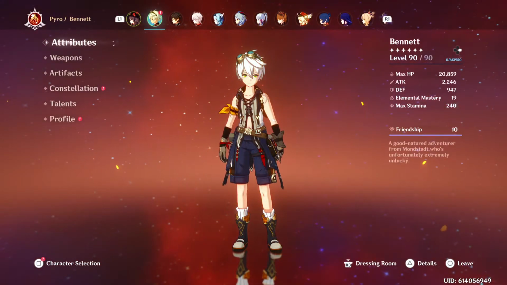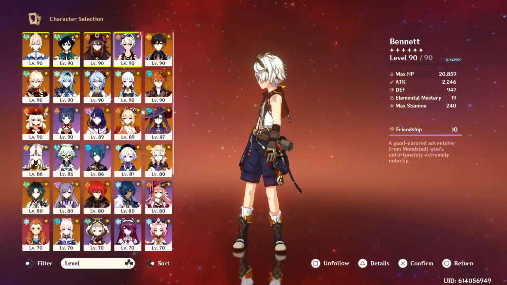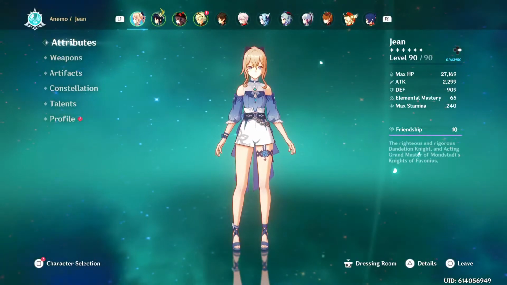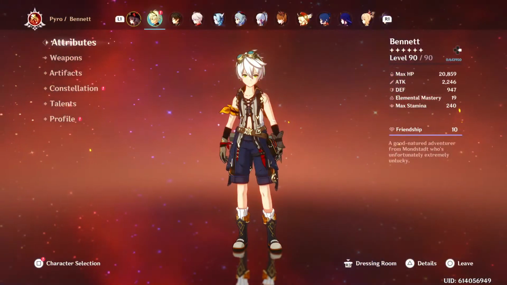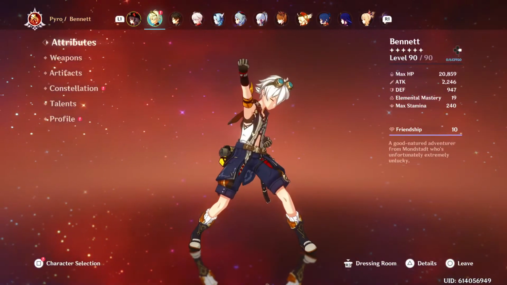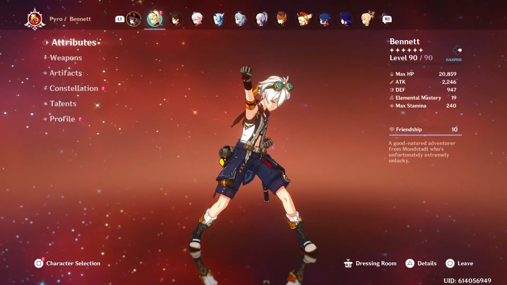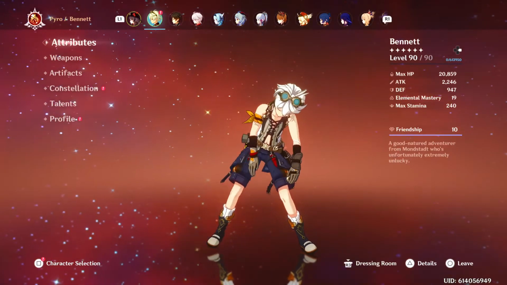Now let's just quickly talk about Bennett. Bennett can be easily swapped out in this case with any other, because I already have a healer. For example, like I said earlier, Jean could be swapped out with any other healer. So if you already have a healer on the team for Corrosion floor 11, you don't necessarily need to have the Bennett. The reason for the Bennett there was for the elemental resonance, so you get the extra 25% attack bonus,